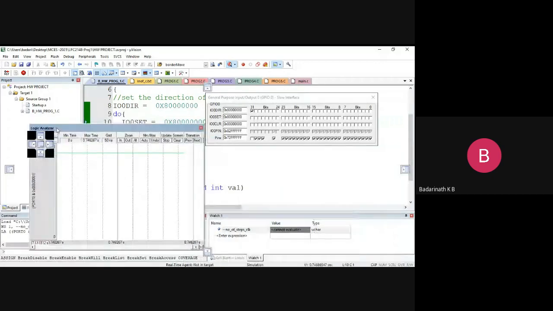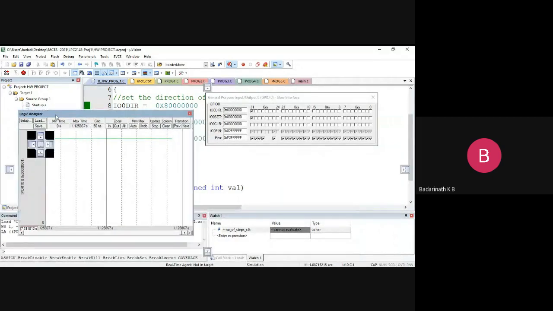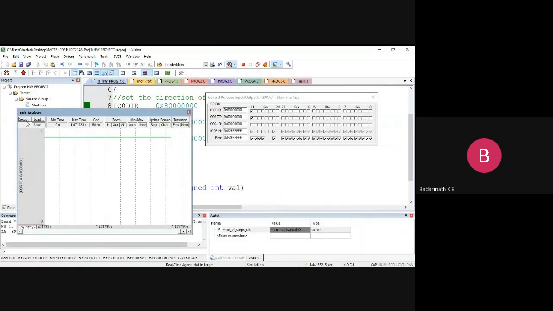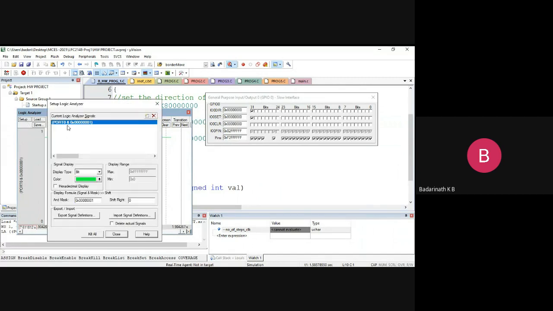Let me check whether I have set up that particular pin. I'll go to the setup. See, it's not there. The pin there is P0.0, and I'm not interested in this pin. What you can do is delete that particular pin and add one more. So port 0.31. I'll enter that and select it. Select the bit as the bit. Then I'll say